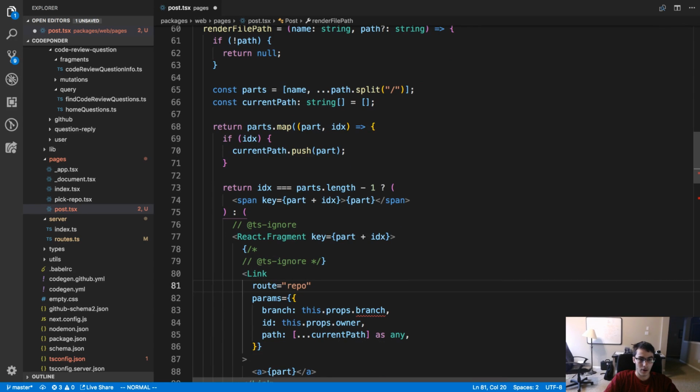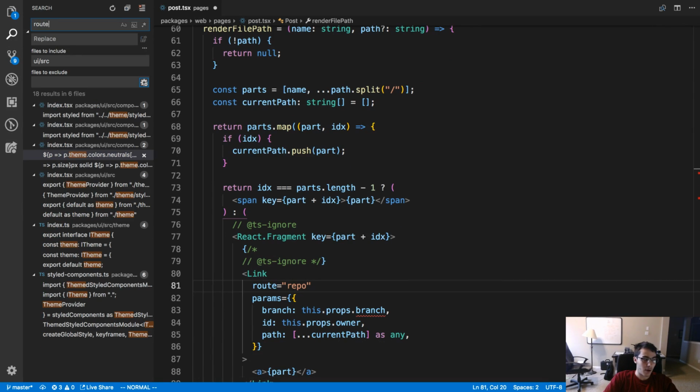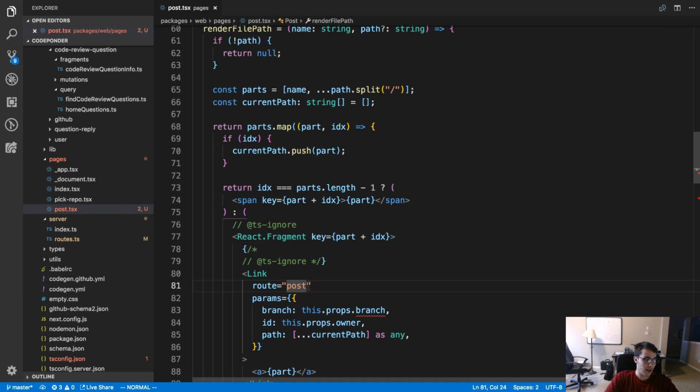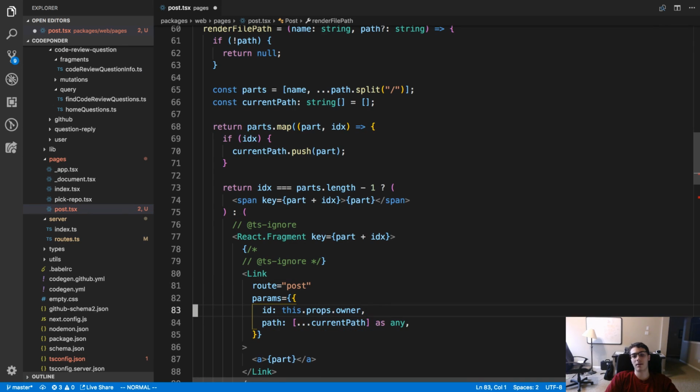So this is now going to be called, so everywhere we have route equal post or route equal repo, we're replacing that with post now. Which is only here. I think we also have it in the components folder. Alright, we'll fix that at a later date when that pops up, I guess.